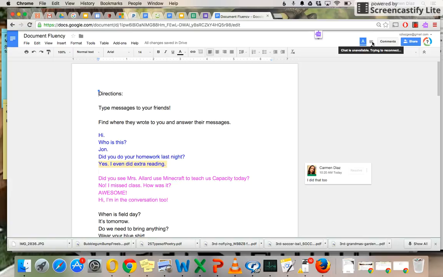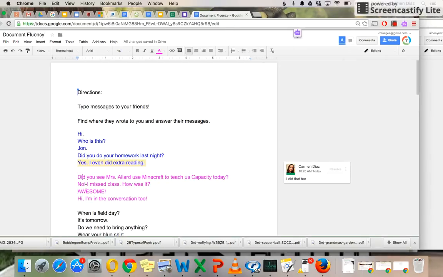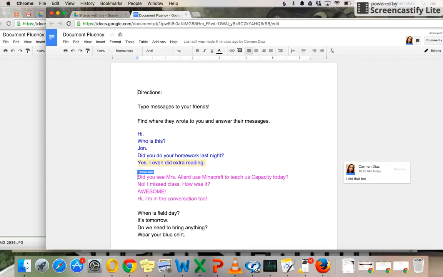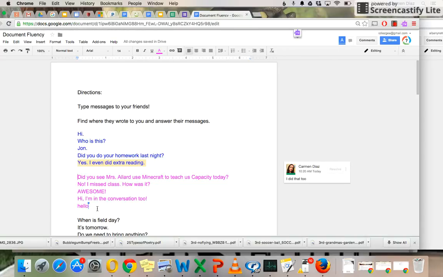Many younger students don't have that capability, but that's something your tech department has control of. But you can also see where they are in the document. And as soon as they start typing, they can add in things. So I'll just show you, I'm down here in the document, and it actually shows where I am as well. And then you can continue to add in different things to the conversation, and it'll appear right away in the